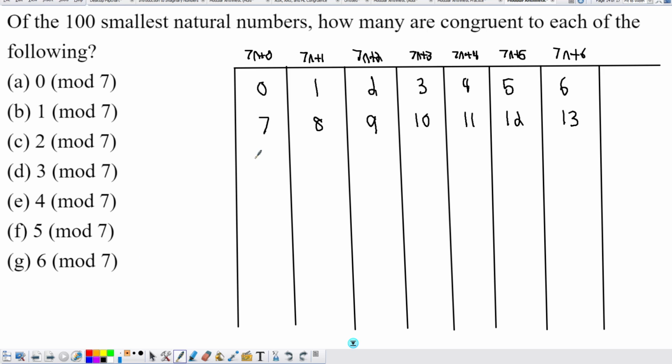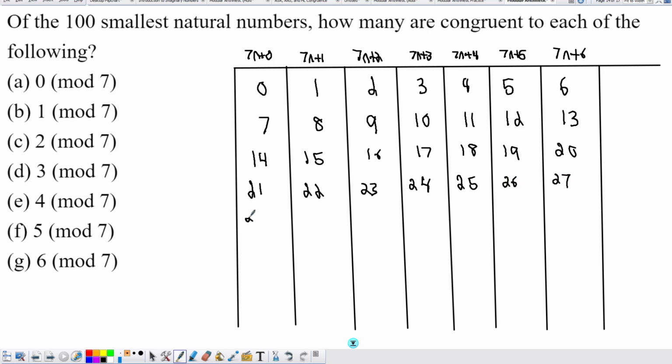So we have 14, 15, 16, 17, 18, 19, 20, 21, 22, 23, 24, 25, 26, 27, 28, 29, 30,